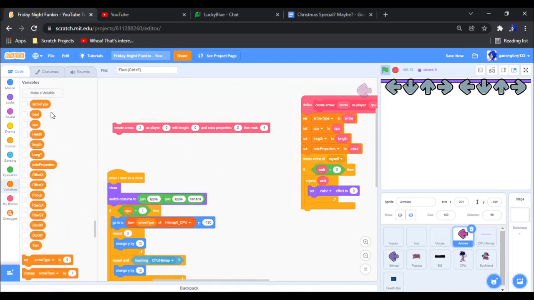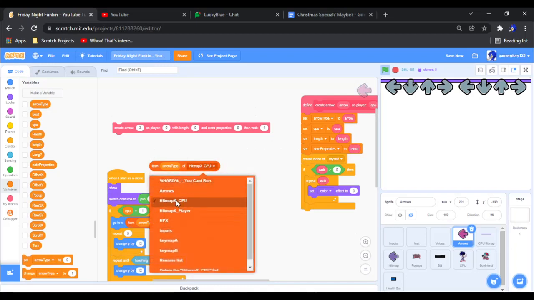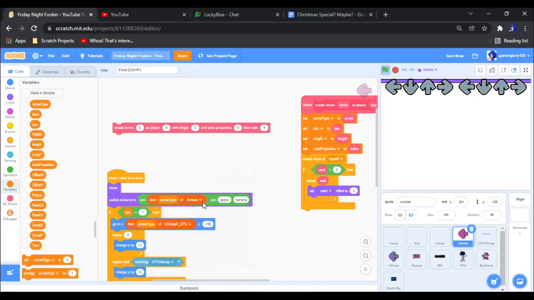I'm gonna do join item arrow type of arrows, and then we're gonna join item type of arrows. We're just gonna get like 4 join blocks inside of each other like this. Join item type of arrows, and then you want